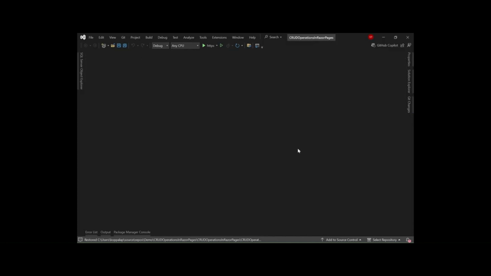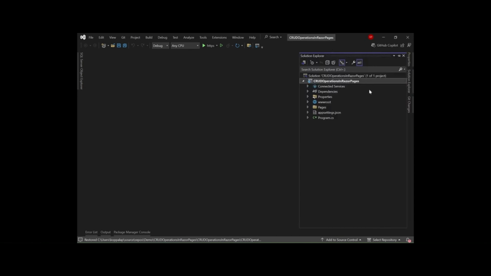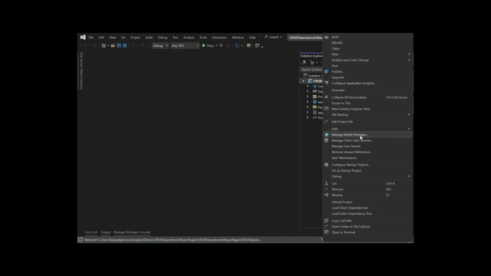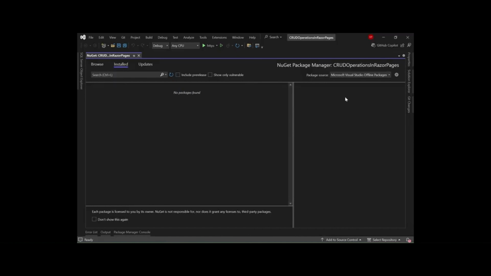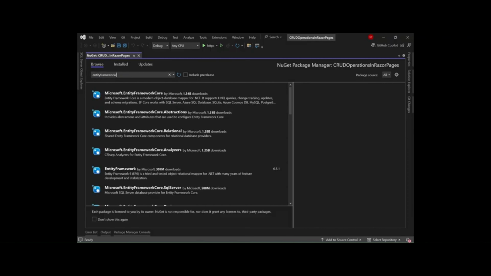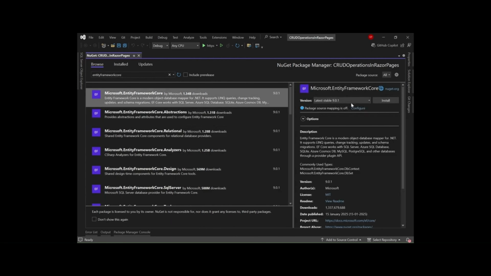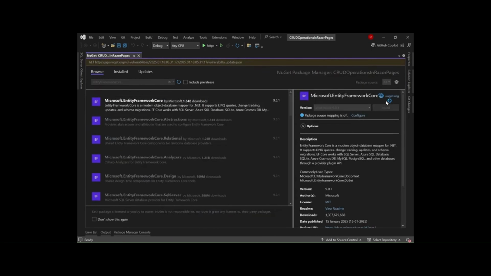Here we are going to use Entity Framework code first approach to perform CRUD operations. For that I need to install few packages. Let me right click on the solution, go to manage NuGet packages. Here package source I'll select as all. Let me go to the browse. Here I'm going to search for Entity Framework Core. Let me install Entity Framework Core here. Select the latest stable version, click on install,